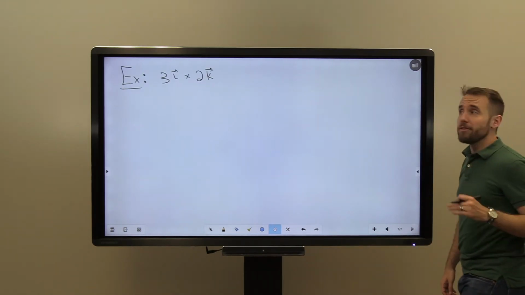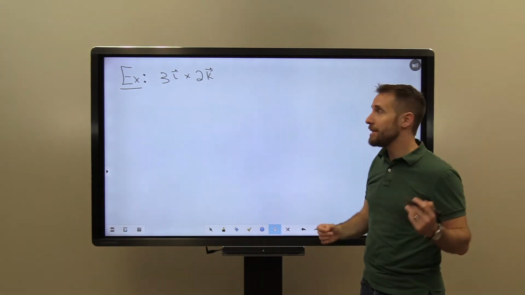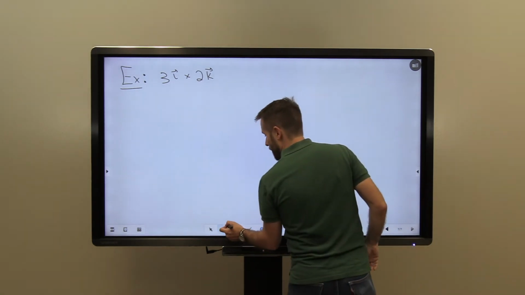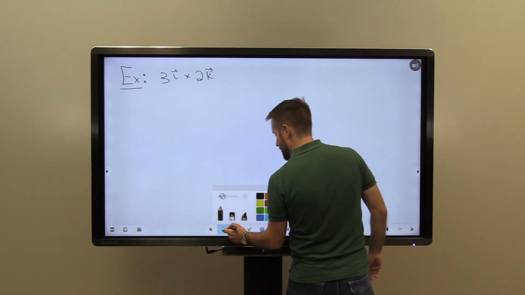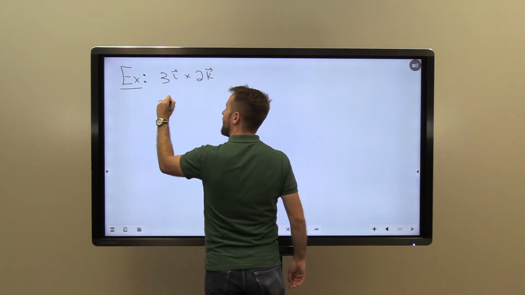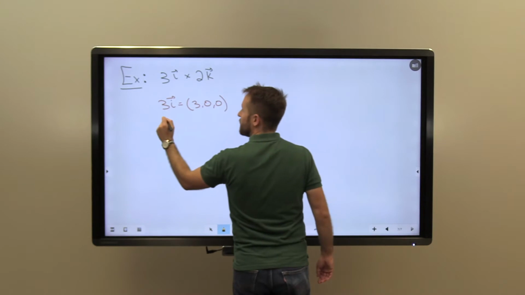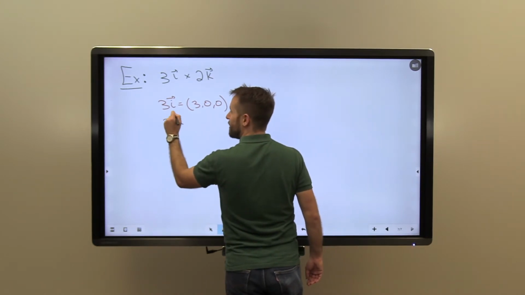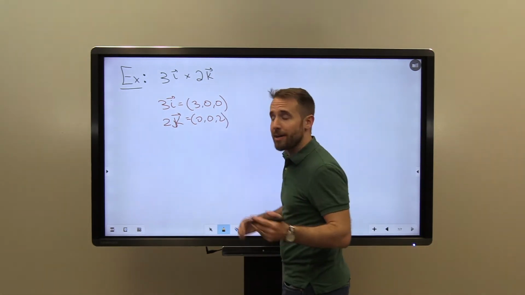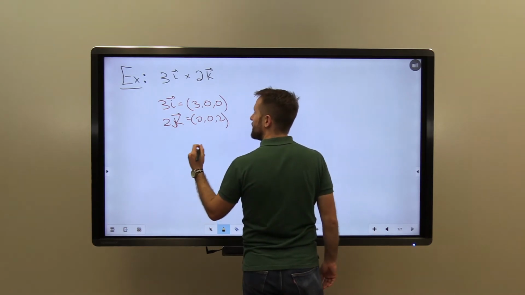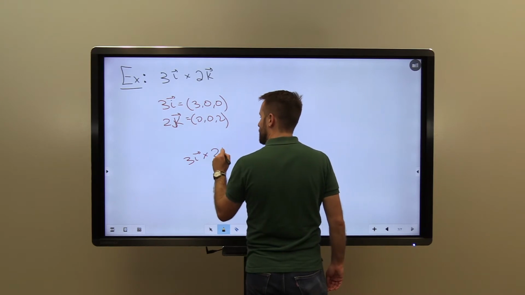So here's an example. Let's say we took the vector 3i and wanted to cross it with the vector 2k. Well, we have a number of ways that we can do this. Let's start computationally. If we do this computationally, we had that 3i is equal to (3, 0, 0), and 2k is equal to (0, 0, 2). To take the cross product of these two vectors, 3i cross 2k,